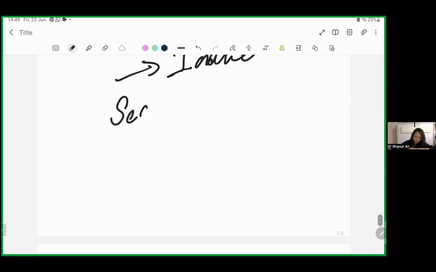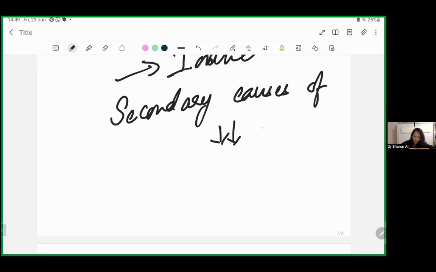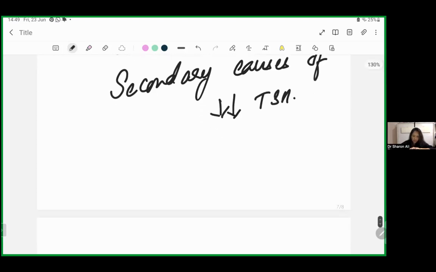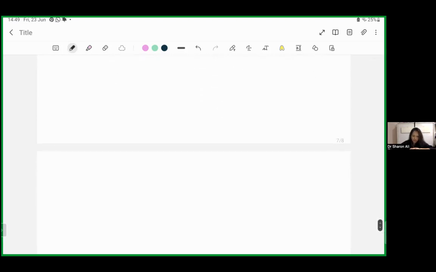Secondary causes. Secondary causes of hypothyroidism. Now, in this, he has mentioned again a lot of points, but I think I will leave it for you all to see in the book. It's very simple. He's mentioned the symptoms and the clinical signs of each particular